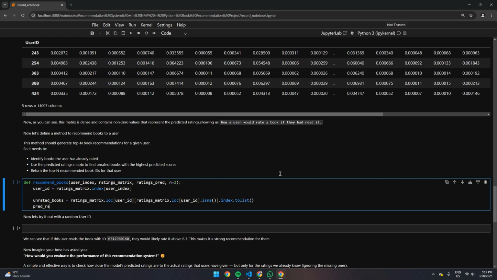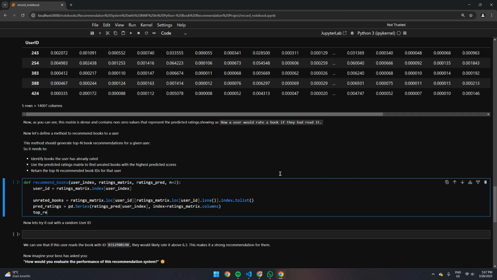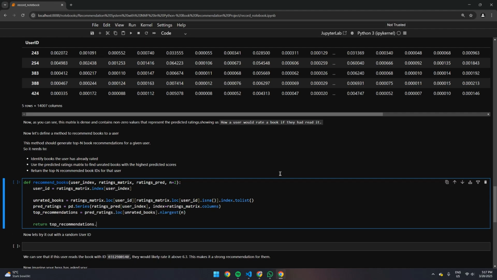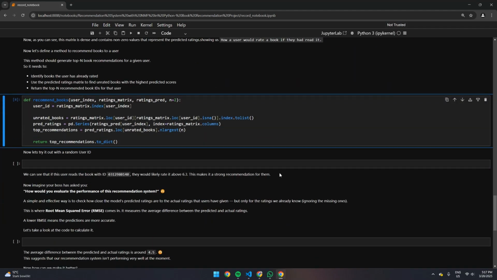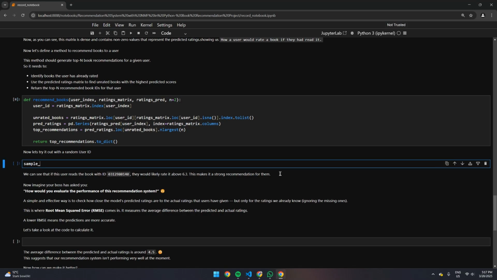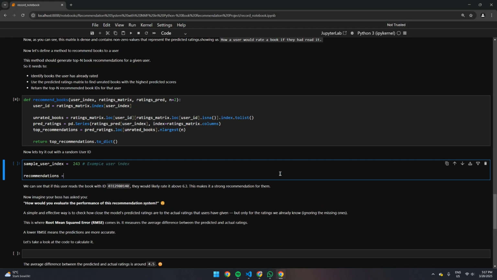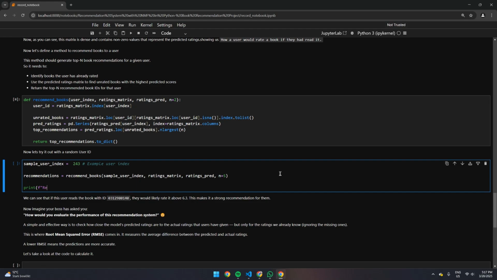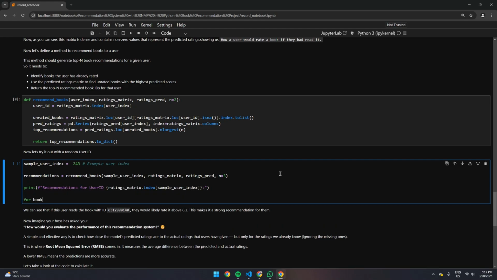It will return the top N recommended book IDs for that user based on the highest predicted ratings for books they haven't rated yet. Now, let's try out our recommendation function with a random user ID to see how it works in practice. I'm going to test our recommend books function with a sample user index. This will give us a list of book recommendations for that user based on the predicted ratings from our NMF